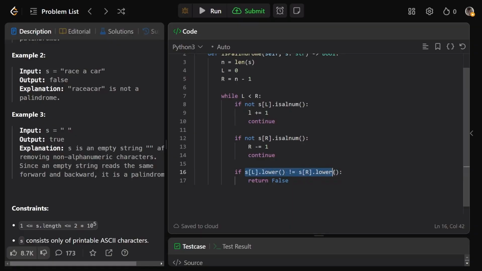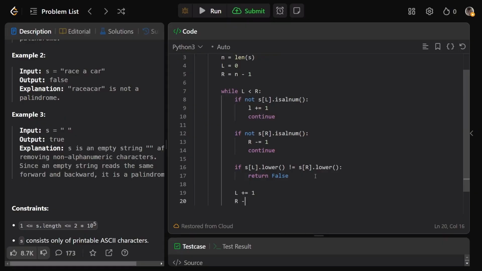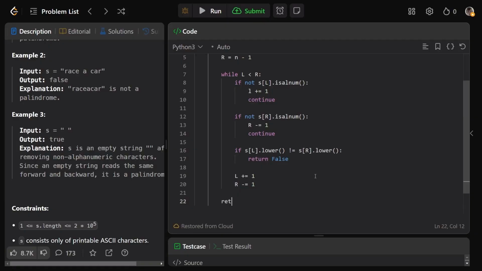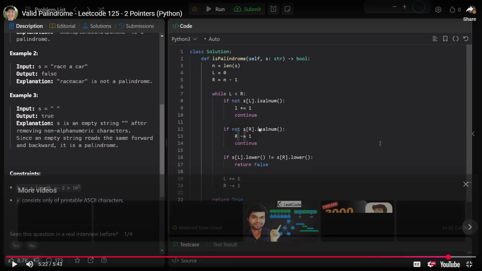If they are not equal to each other, we can immediately return false because it did not read the same forwards as it did backwards. Now, if they were equal to each other, then we will increment. We just move L over 1 and we move R down 1 at the exact same time. If we get outside of this loop, then we must be happy with our result, and so we'll return true. Let me just zoom out a second. Okay, so basically